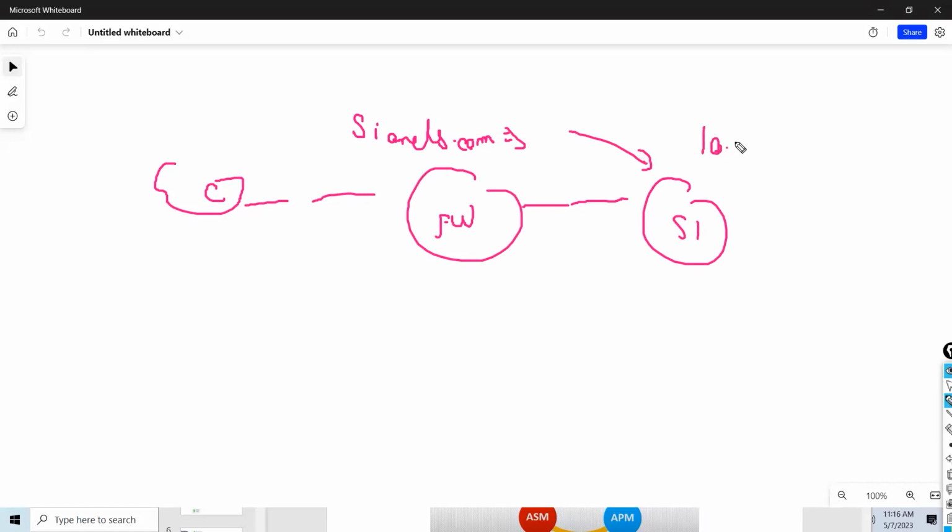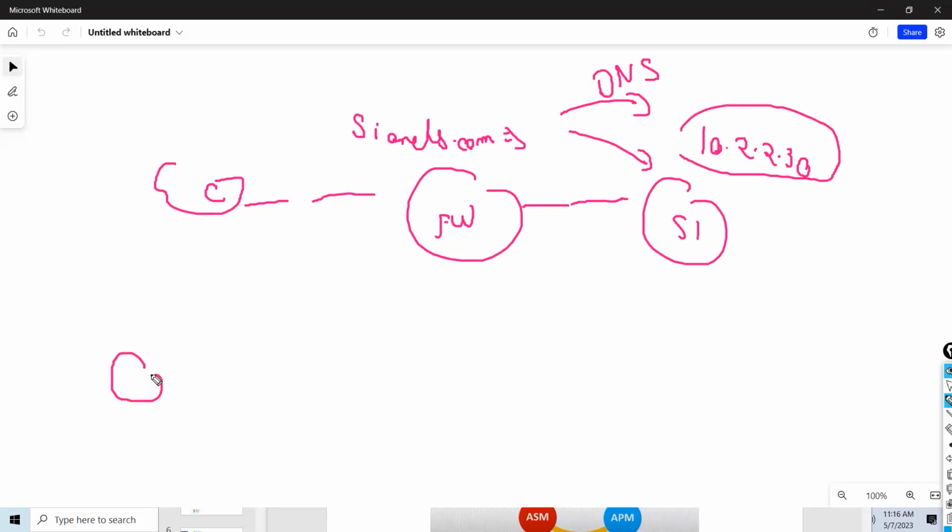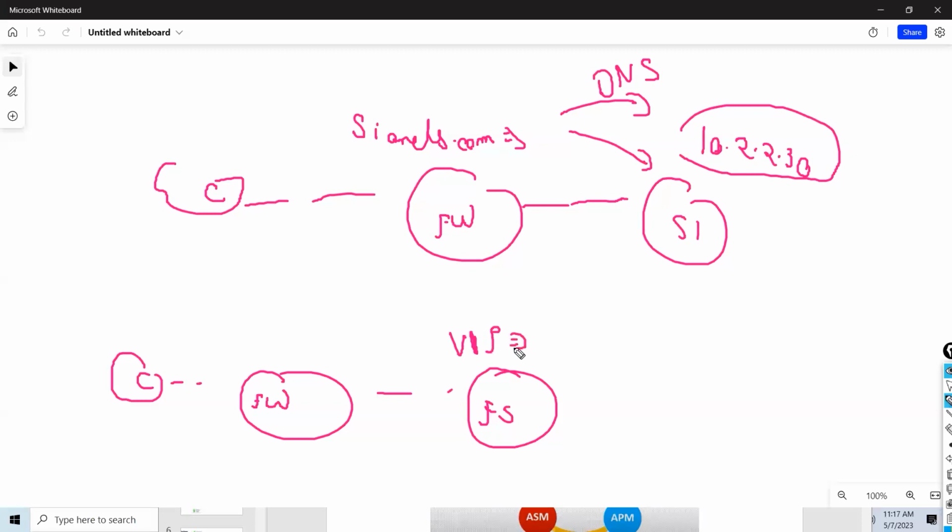Let's say the server IP is 10.2.2.30. Previously, your DNS was pointing your application to 10.2.2.30. Now, when F5 was deployed after the firewall, your proxy device came in. So we created one virtual server where the IP was 192.168.1.50. Then the server was there.